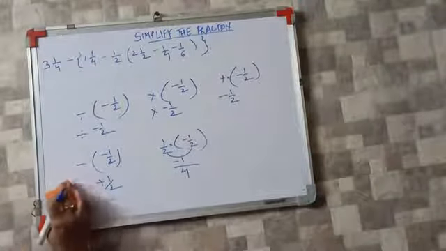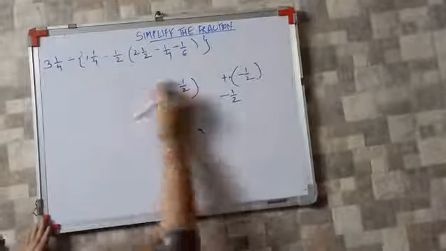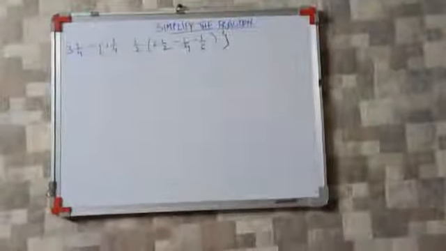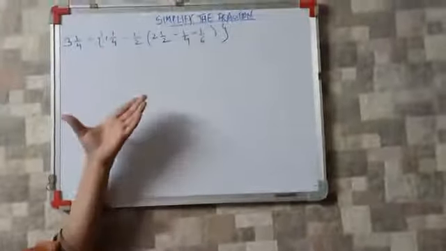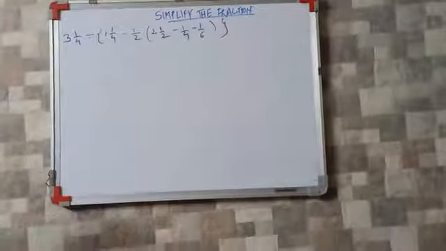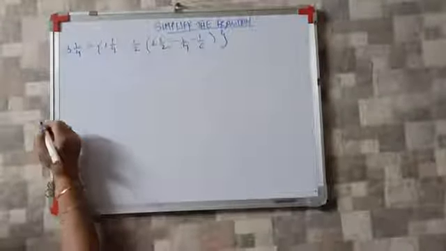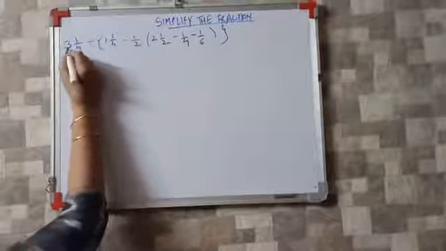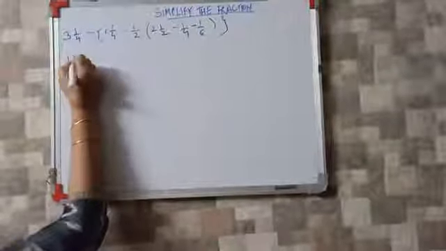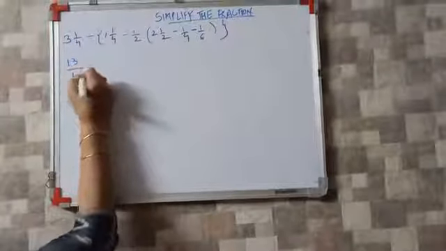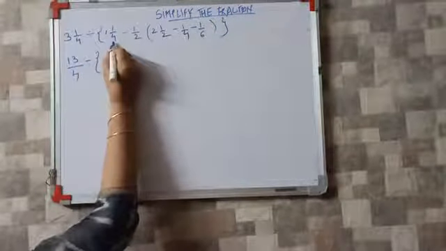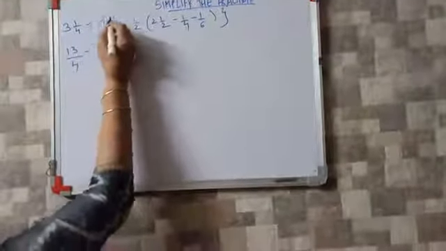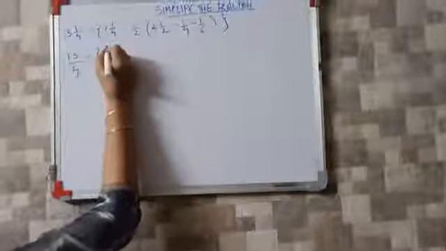Now come to the question. Our question is given in mixed fractions. Always remember, whenever the question is given in mixed fraction, it has to be converted into improper fraction. 3 4s are 12. That will be added to the 1. So 13/4 division, then curly bracket. Again here a mixed fraction. So 4 1s are 4. That will be added to the 1.